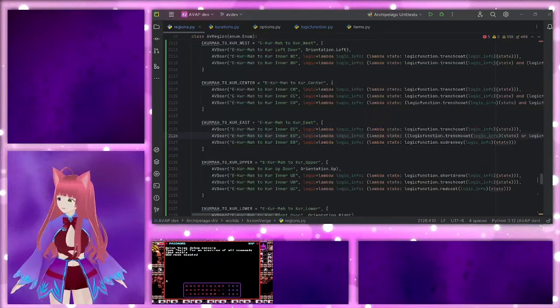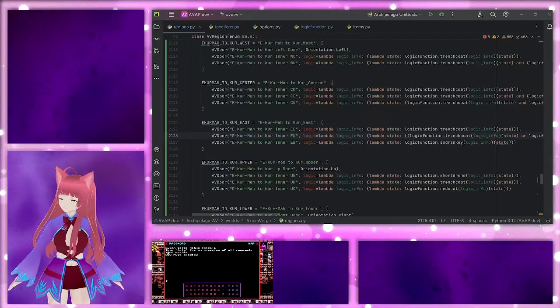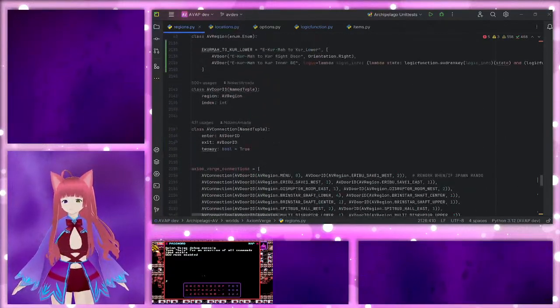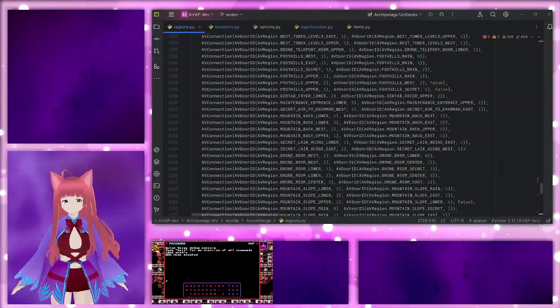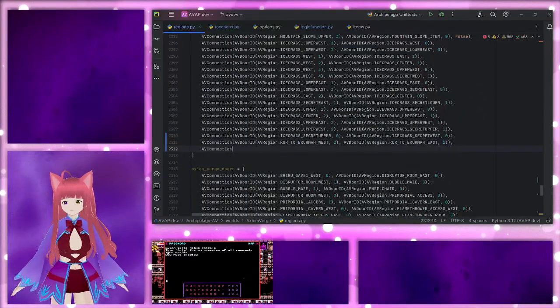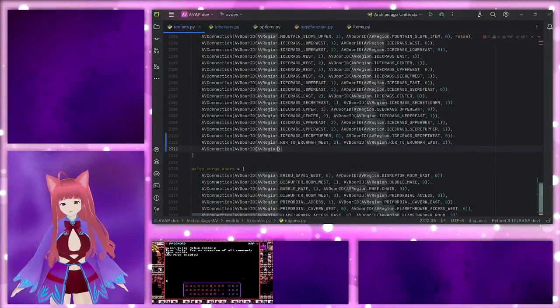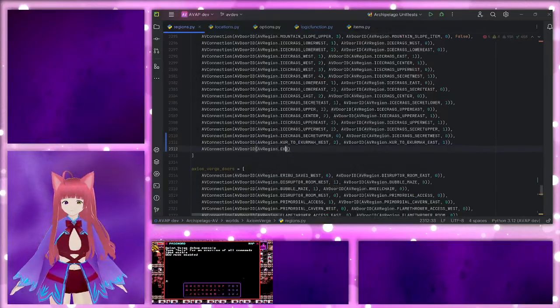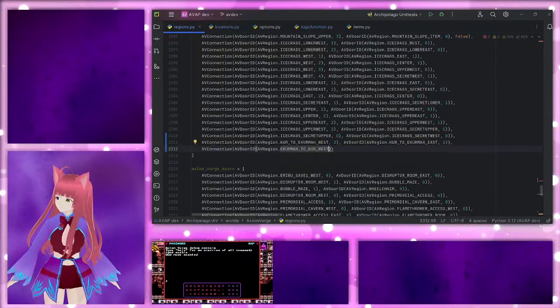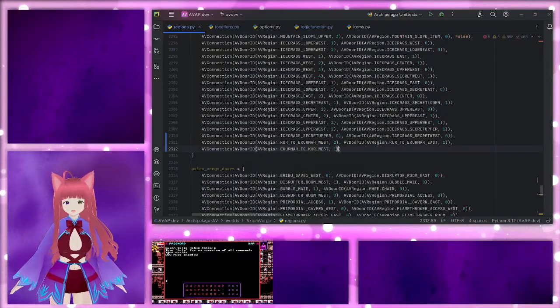Okay, so I'm gonna put this guy over here. That's the wrong tab. There we go. We need connections, yep. Connection, AP door ID, AV region. Let's start. We're starting with west. We did west first. West 1 is going to